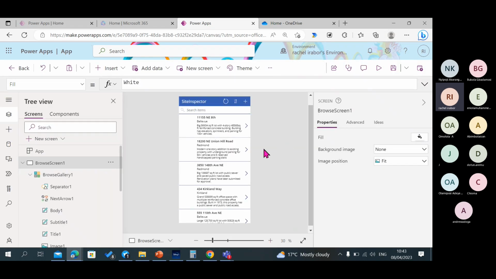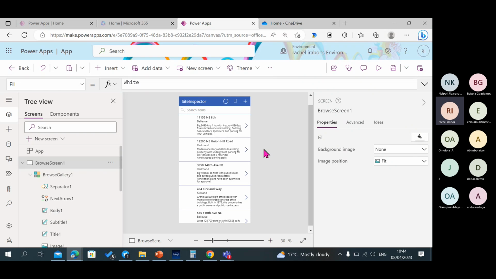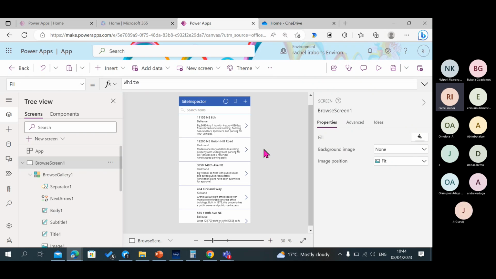So when you're building an application, you have to think about, okay, while I'm building this application, there are going to be different users who are using it. It might be a person who is using a laptop. It might be a person who is using a phone. It might be a person who is using a tablet. So in order to